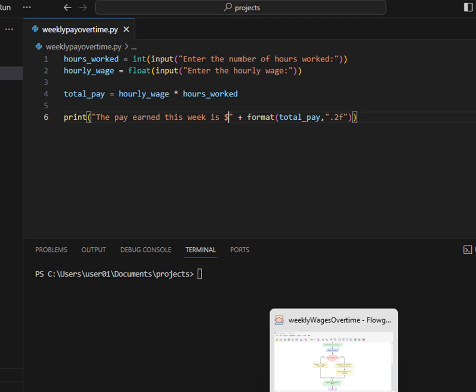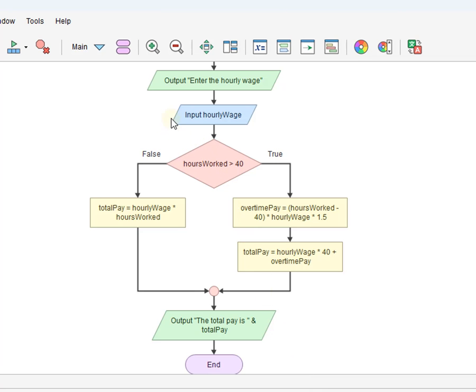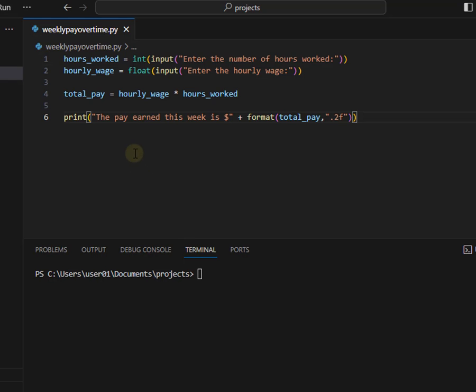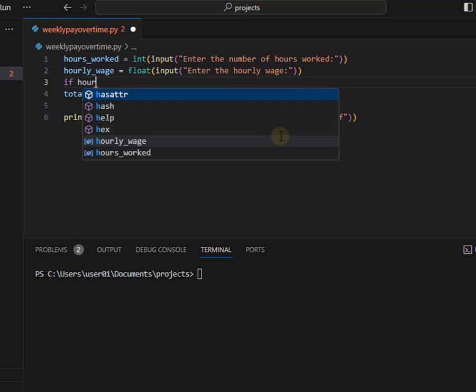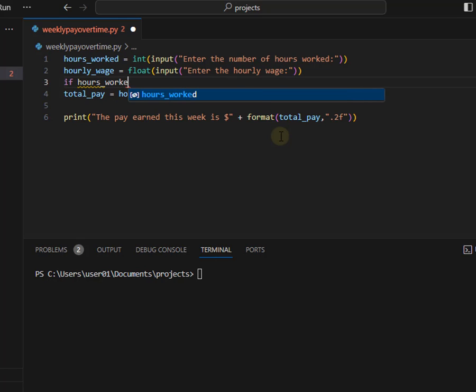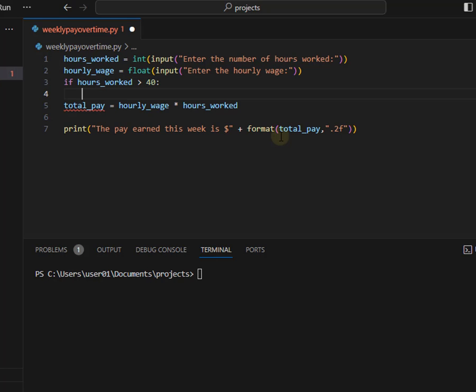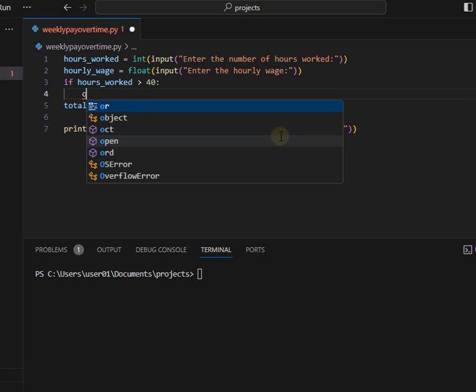So if we look at the logic of how we did this, everything was good up until we inputted hourly wage, and then we needed an if in there, so we'll do that in Python. We'll right here just say if hours worked is greater than 40. We have a special condition, and so we'll go in there and we need to calculate overtime pay,